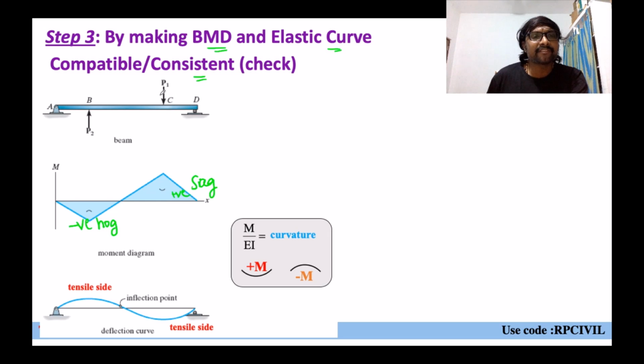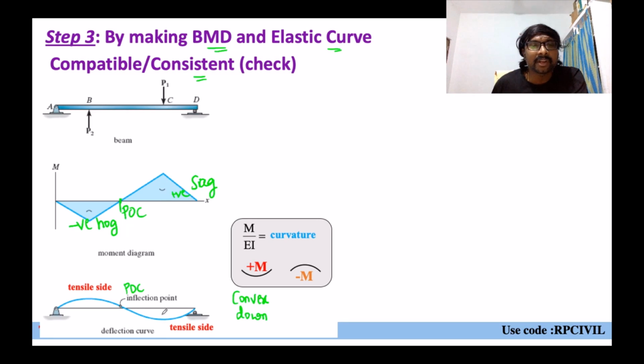Now if you observe the deflection profile under these loadings, this is how it will be subjected to deflection. This is your point of inflection or point of counterflexion. This is also a point of counterflexion or inflection you can say. Whenever there is sagging or positive moment, it is deflecting like this. Sagging moment means convex in which direction? Convex down.